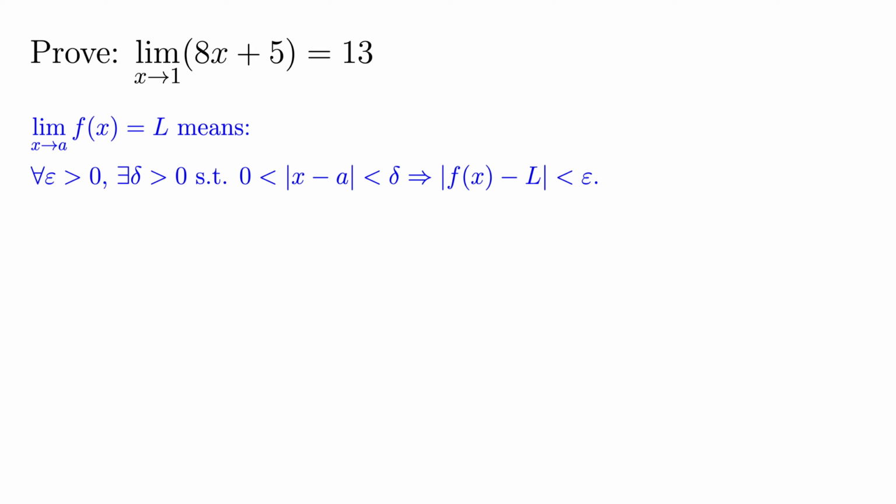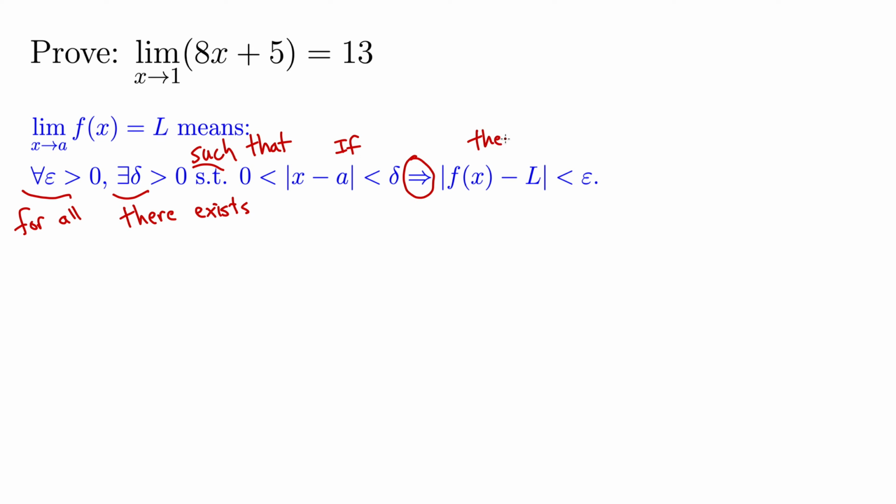Okay, so the limit as x goes to a of f of x equals L means that for all epsilon greater than 0, there exists some delta greater than 0, such that if x is within delta of a, then f of x is within epsilon of L. So what this right arrow means is an if then. And when I say x is within delta of a, the way we say that mathematically is to